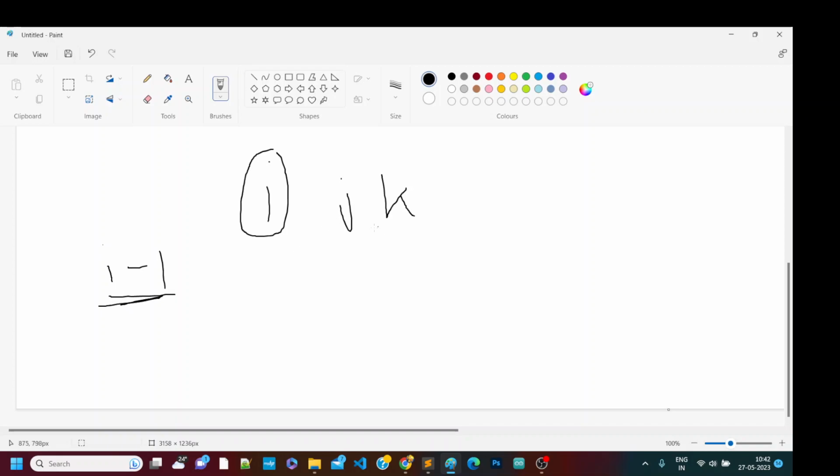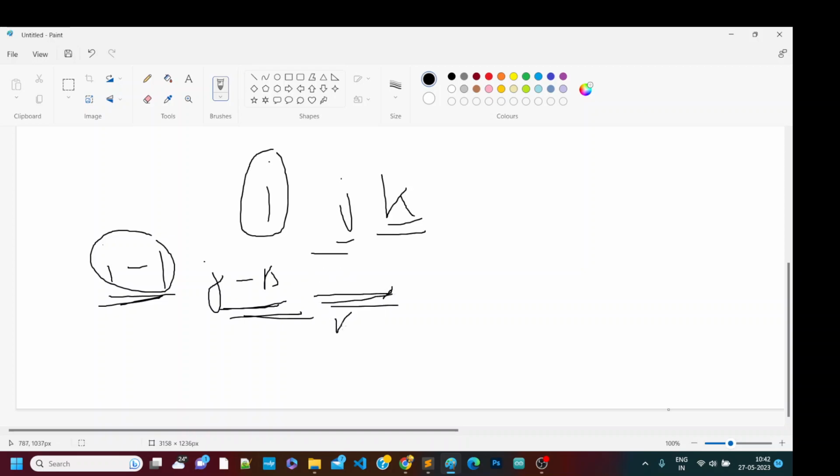If J is the number of dollars I am using and K is the num here, that means I must have spent J minus K dollars till I minus 1, and num I here would be greater than or equal to